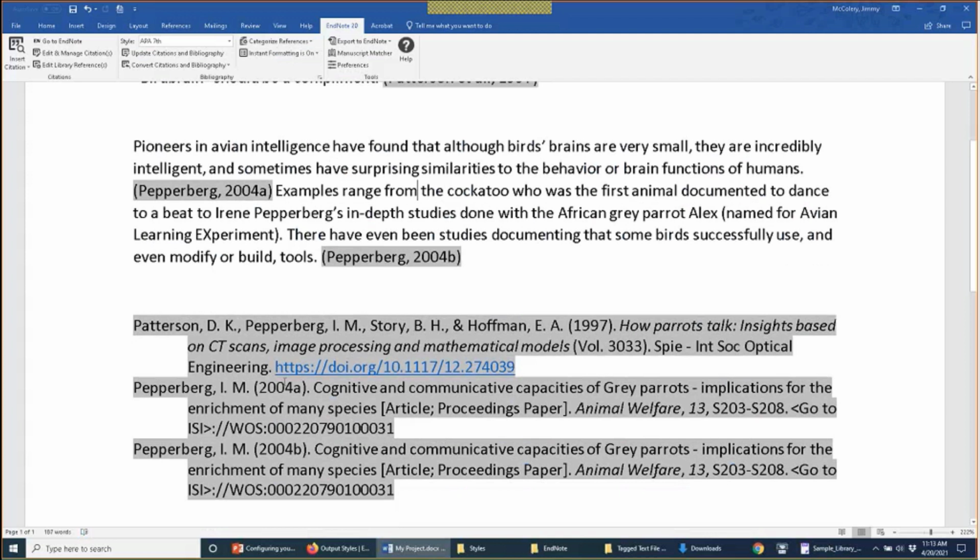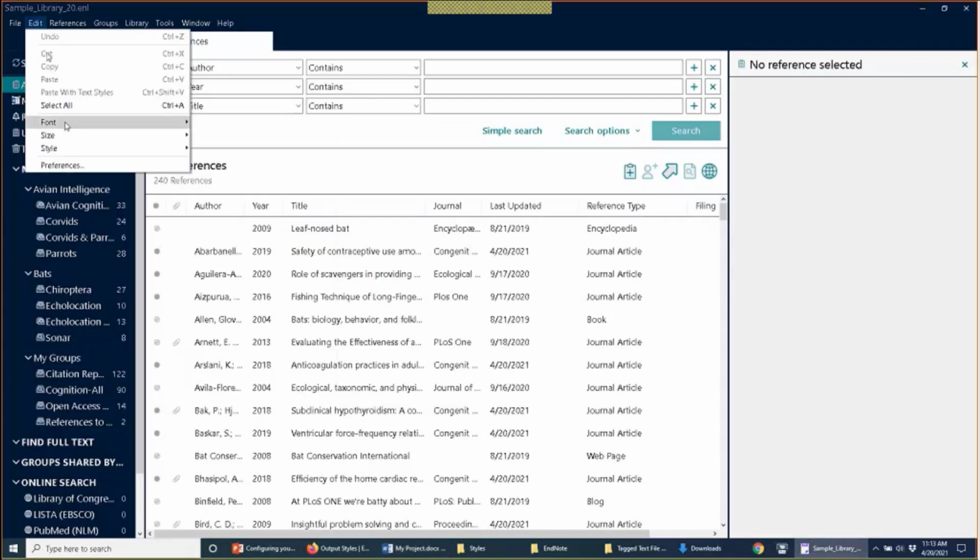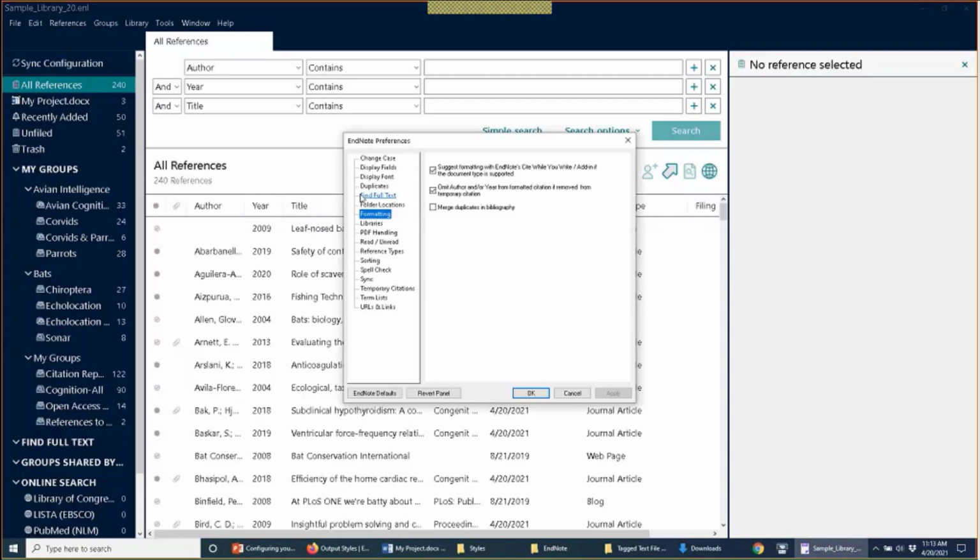But we can see that this is erroneous. Both of these entries are for the same reference. Again, this is something you would typically not want to have occur. This is turned on by default, but if there's any chance that you've got duplicate references cited in your document, you would want to make sure that you leave this option, Merge Duplicates in Bibliography, enabled,